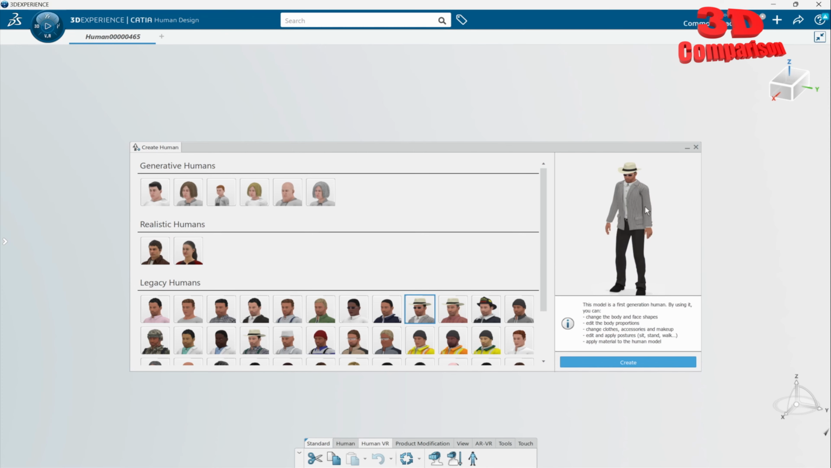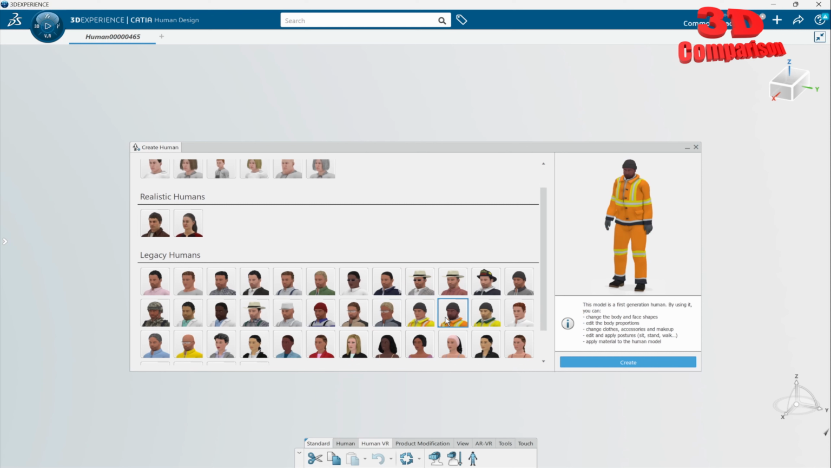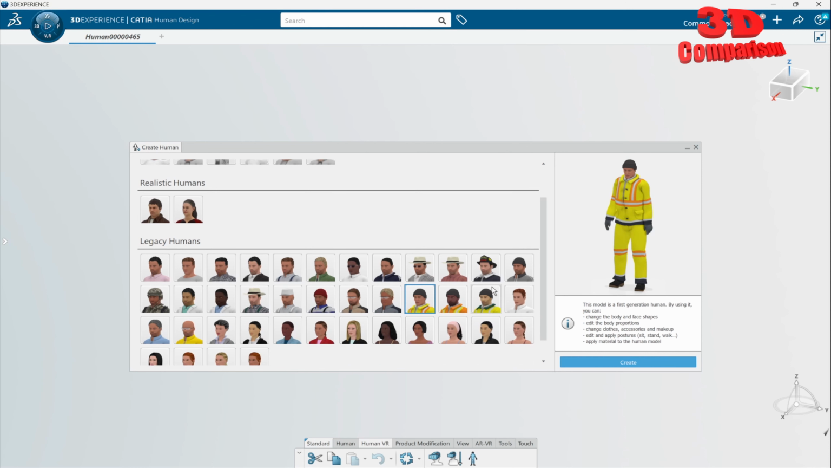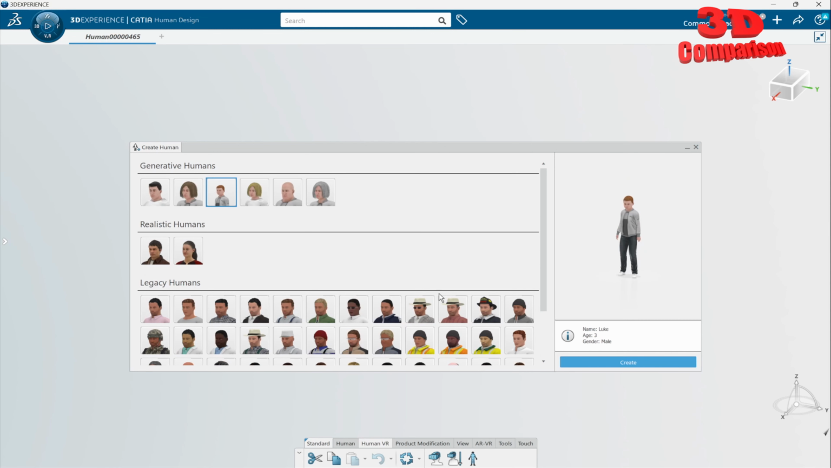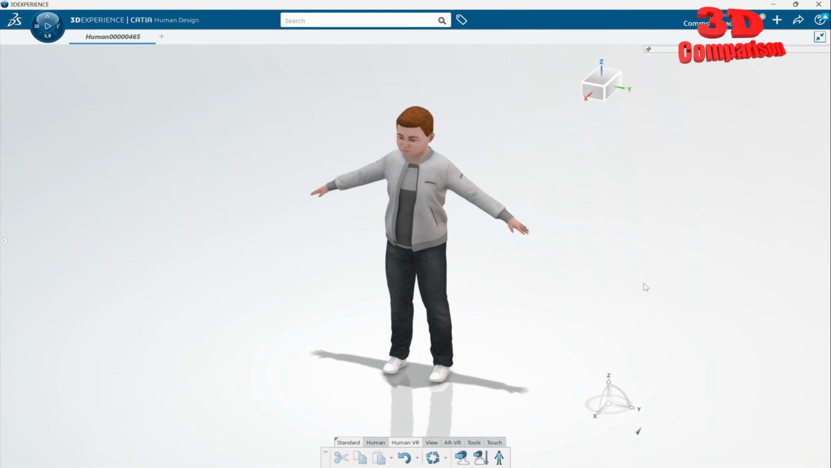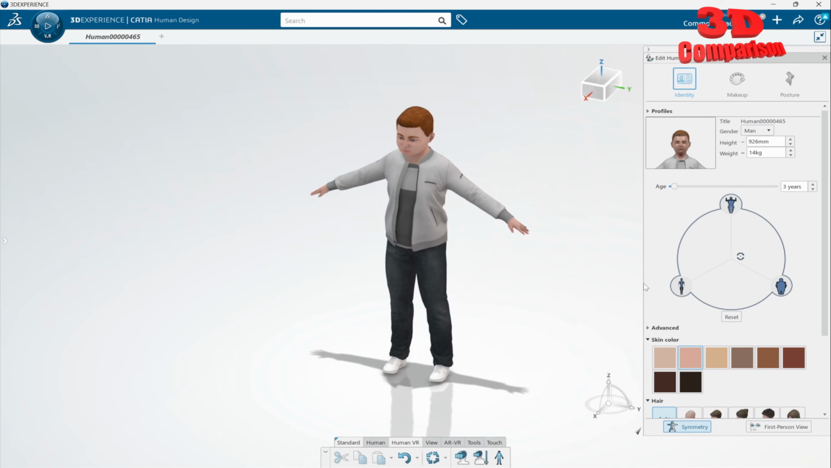So some of them have various props. As we can see, we have a hat, we have eyeglasses over here, and we have a wide variety. If, for example, we want to add some workers, we can do that over here. Now, I will start, for example, this one with Luke. I will click over here, create. And we're going to see that the model will be created and we're going to have the edit human open